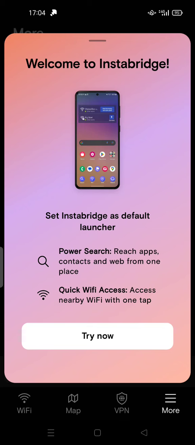Today I'm going to show you how you can uninstall the Instabridge app on an Android phone. So if you use this app to search for Wi-Fi in your city or in your place, but you cannot use this app because it keeps asking you to make Instabridge your default launcher, you can uninstall this app easily